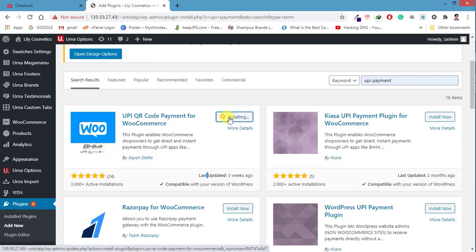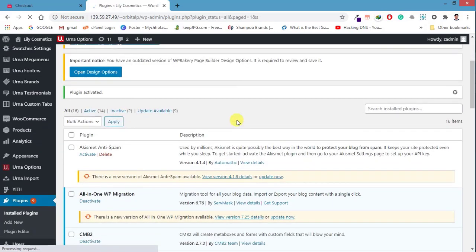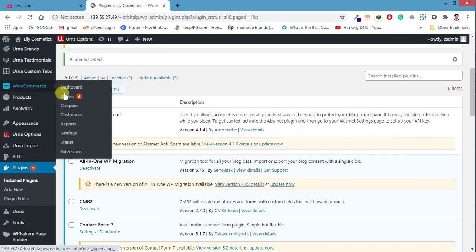So first of all, we'll install it. It will take a little time. So the plugin is installed. I will activate it. Once the activation is done, we'll go to the WooCommerce settings as we do for other payment gateways.